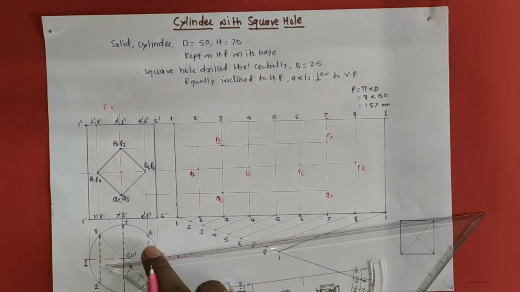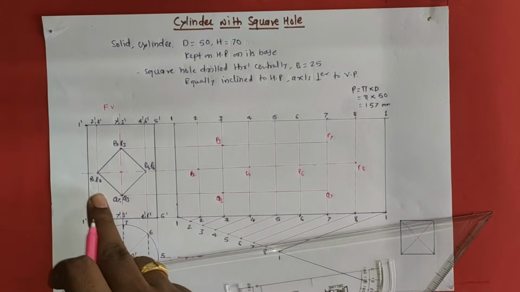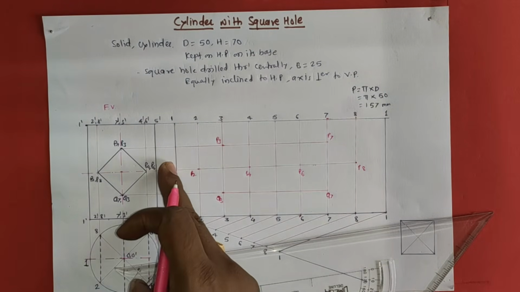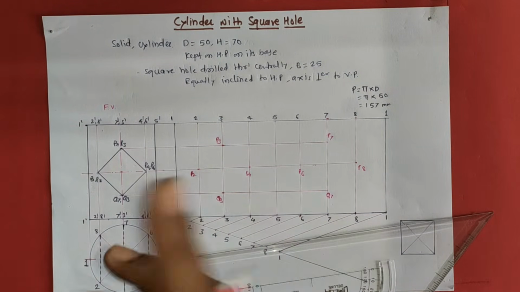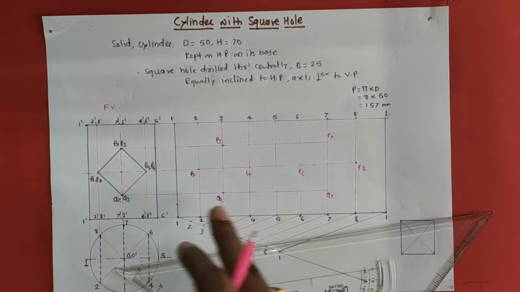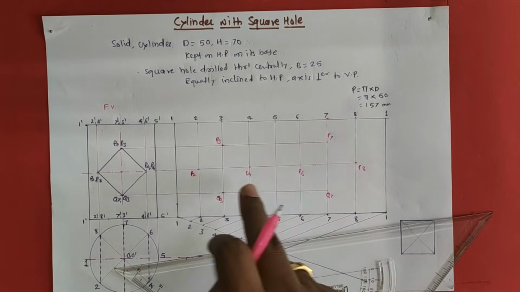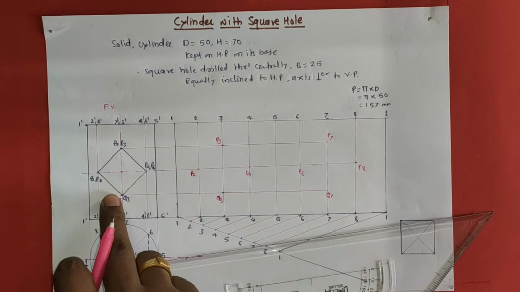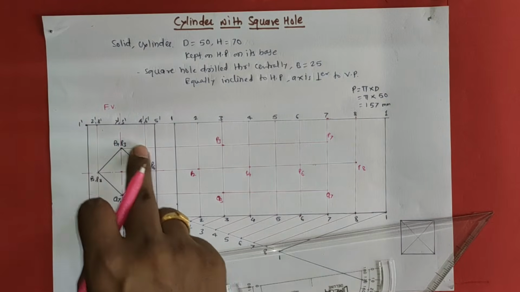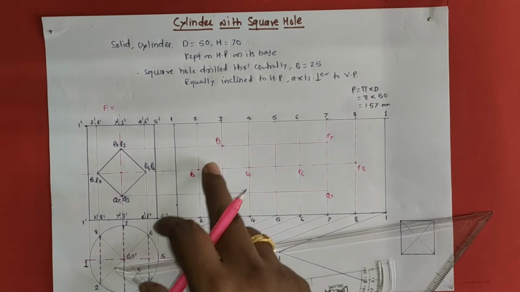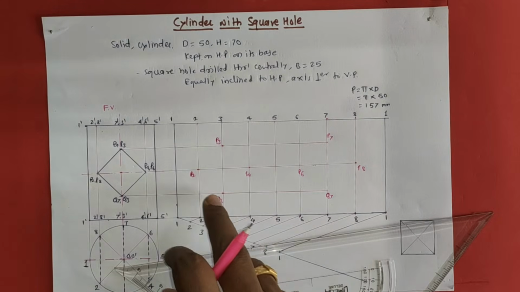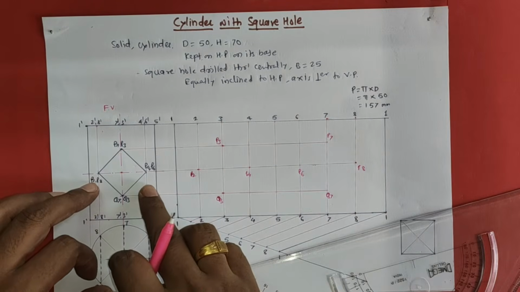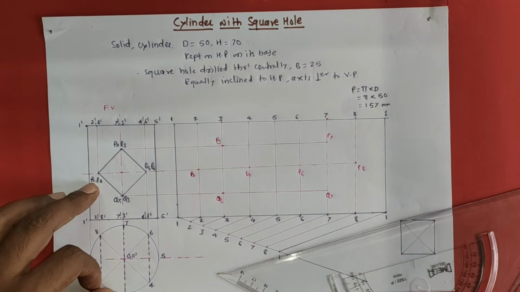Now see, this is the cylinder and a cylinder is cut by straight lines. Although these are cut by straight lines, we are going to join the cutting points with a curve. If the cylinder is cut by a circular hole or any curve, then also we are going to join it by a curve. So we will join these points with a curve.